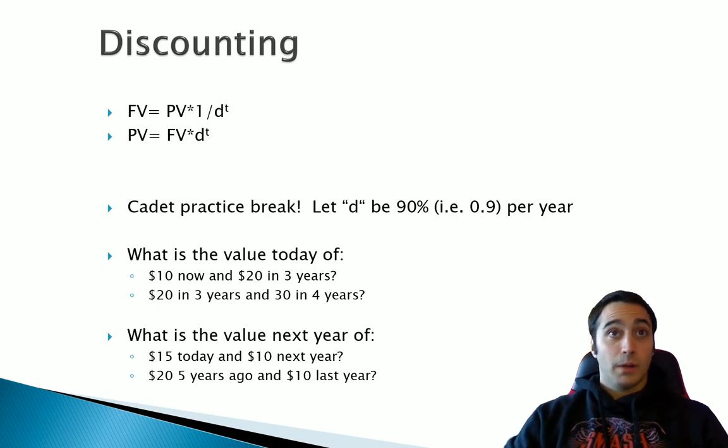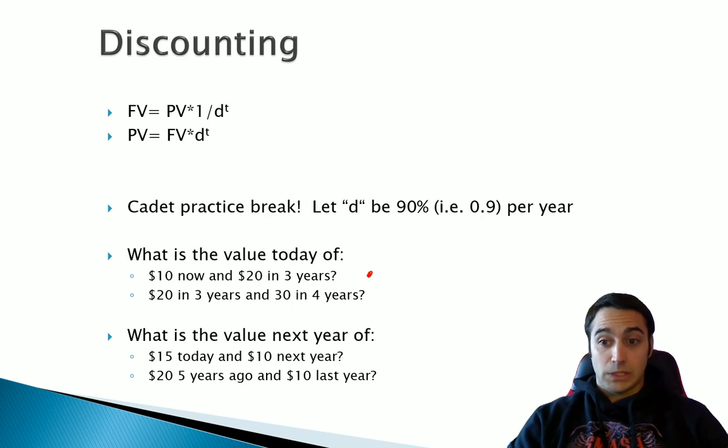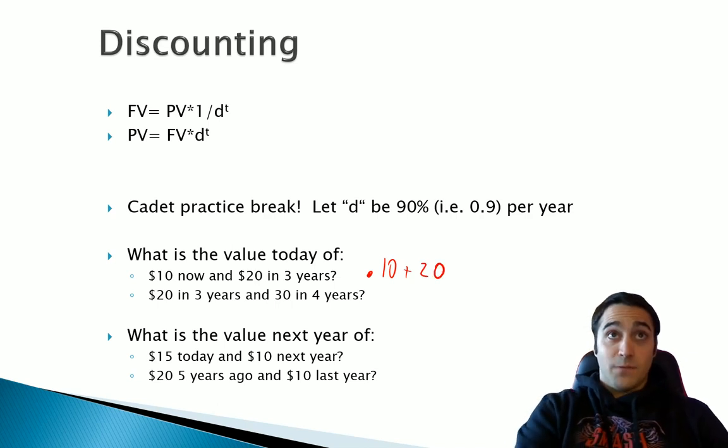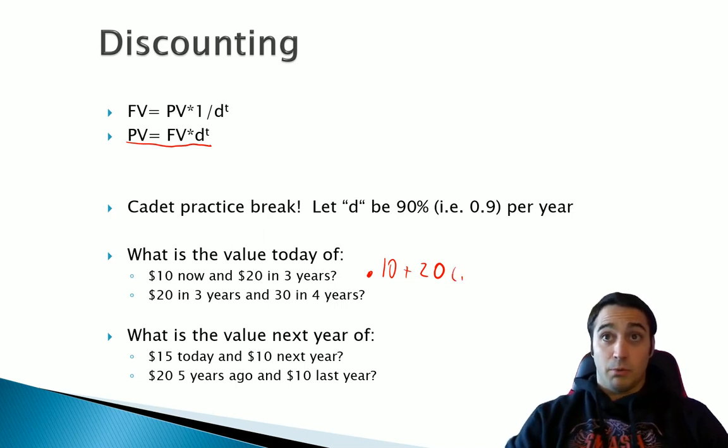Okay, welcome back. So what's the value today of $10 now and $20 in 3 years? Well, what's the value today of $10 today? That seems like $10. Plus we get $20 in 3 years. Look at my future value, my present value, and that says I should take the future value and times it by the discount. So that would be times 0.9